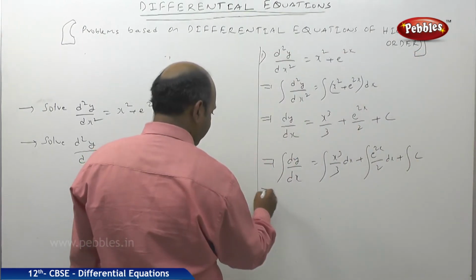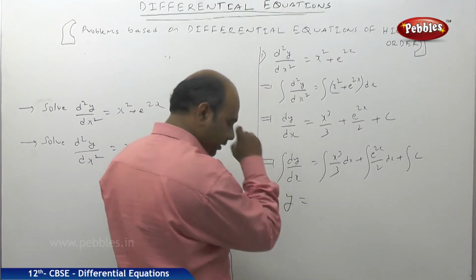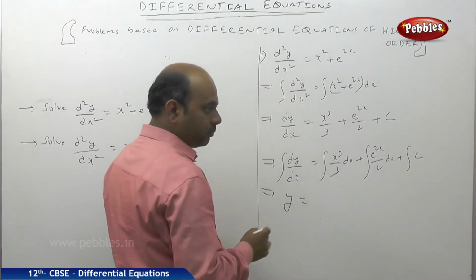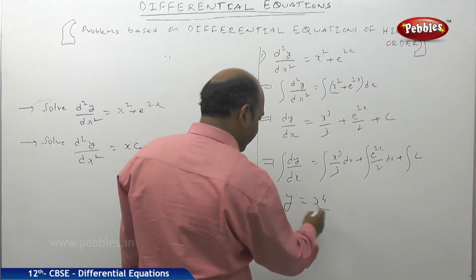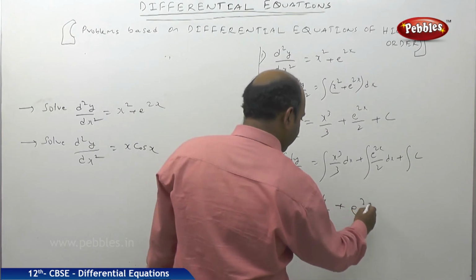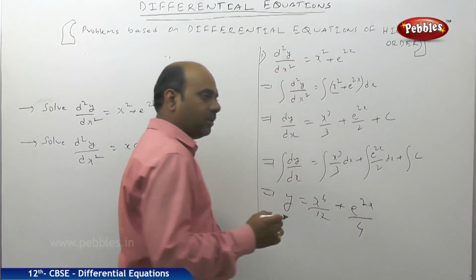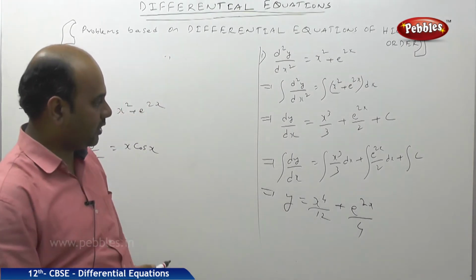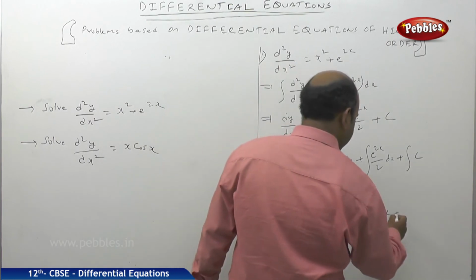So what happens? Integral of dy by dx means it becomes y, and here integral of x cube means x power 4 by 4, but below 3 is there, so I will be writing x power 4 by 12. And here e power 2x by 4 comes. Why? Because integral of e power 2x means e power 2x by 2, so e power 2x by 4 plus